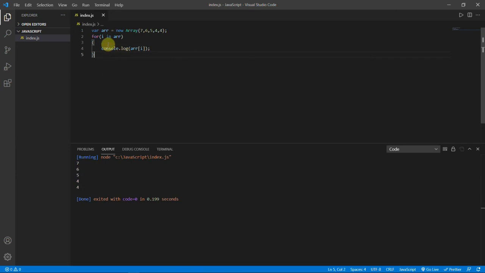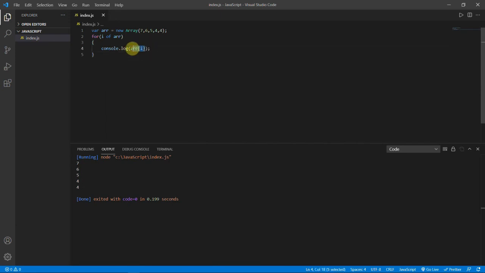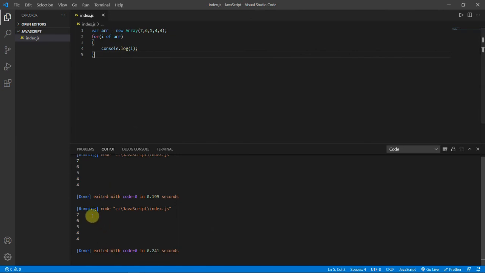There is one more thing, for of. We tried I in, and then we had to write arr of I. So let's try another method, which is I of arr, and then we will be printing only I. Let's see what happens. We'll run the code. Again we are getting the same values.